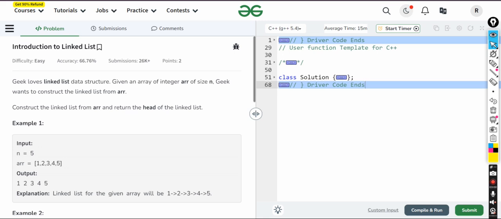Friends, yesterday I taught you how the linked list works, how it looks, what the structure is, how the classes are made, and how the data and next are made. I have made a complete detailed video with all possible visualizations in yesterday's video, so I recommend you please